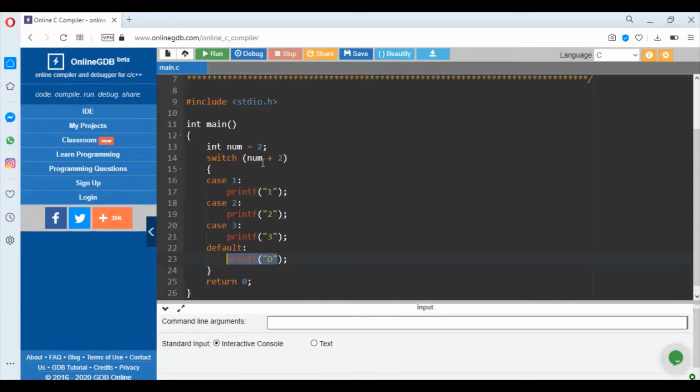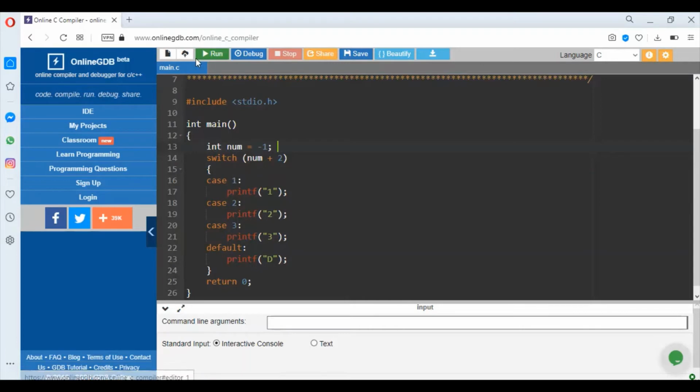So here, let's say this num value we put -1. If we put -1 here, what will be the value of this expression? -1 plus 2 would be 1. So which case should be executed? This value 1 would be matched with this first case. Why? Because here the label is 1.